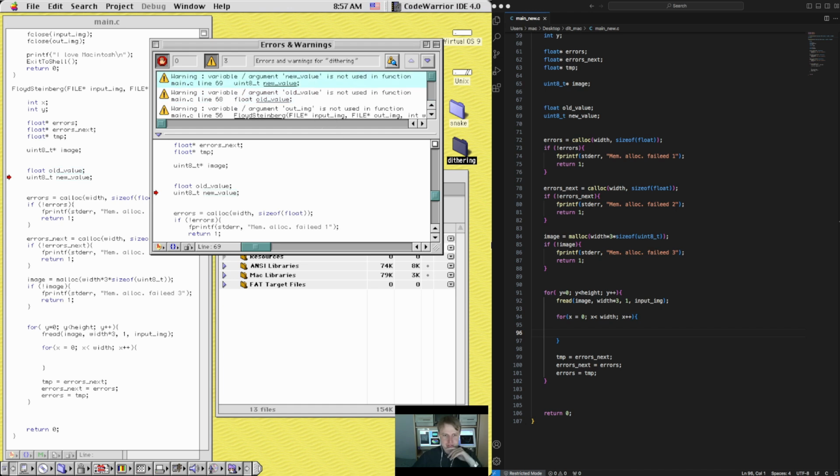I will use the values now. So the old value will be from the image x plus, we'll comment on this later, plus 1 plus 2